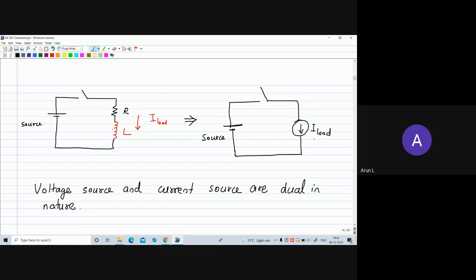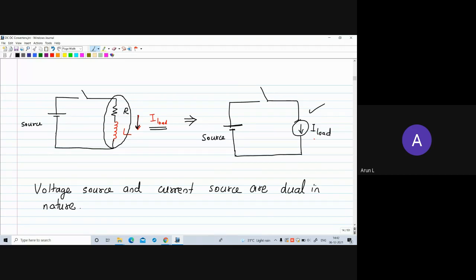All of us know that the inductance has a property to oppose change in current. So if I load is the load current, then if this inductance is fairly large, then it will try to maintain a constant load current through the load. So we can use the substitution theorem. If you know the current flowing through a particular branch in a network, you can substitute it by a current source. So using the substitution theorem, we can replace this network by this one on the right side. So this RL load is replaced by a current source since we know the current flowing through the branch.